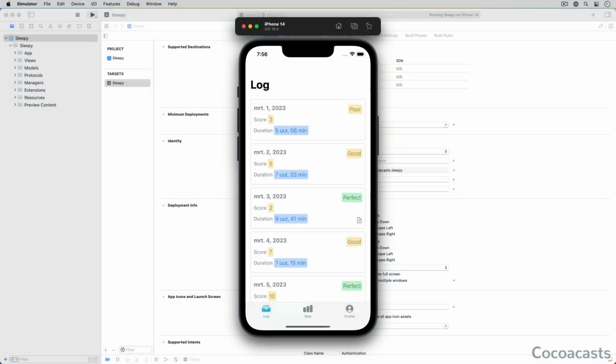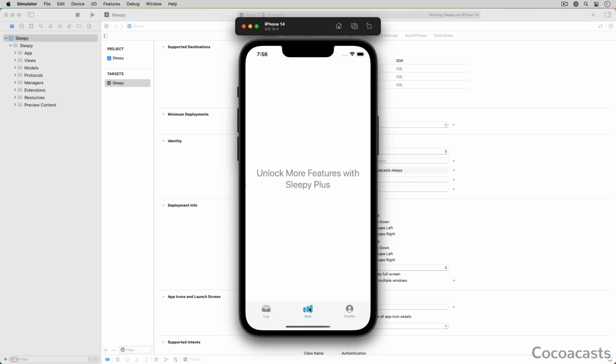The starter project for this episode is Sleepy, an application that logs or tracks the user's sleep. The application displays 3 tabs. The first tab displays the user's sleep log. The second tab displays the user's sleep stats, and the third tab displays the user's subscription status and a button